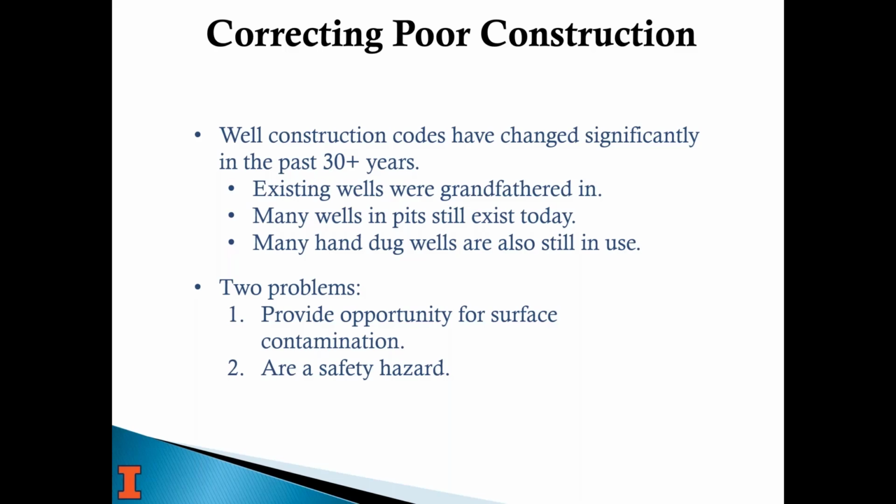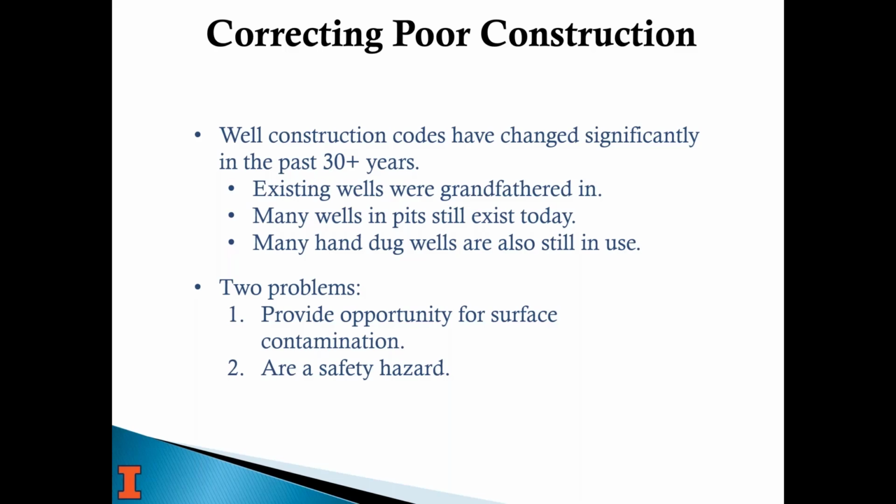We still find wells in pits. If you're in a cold climate where you have a frost line in the winter under the ground, wells used to be put in pits that were below the frost line so that the well wouldn't freeze or the pipes wouldn't freeze coming out of the top of the well. In the early 60s, someone developed a pitless adapter, which I showed on some of those diagrams. It's basically an elbow that seats into the well so that the pump can be down below and the drop pipe that delivers water up to near the surface can then elbow below ground and go into your house below the frost line. But we still see wells in pits,